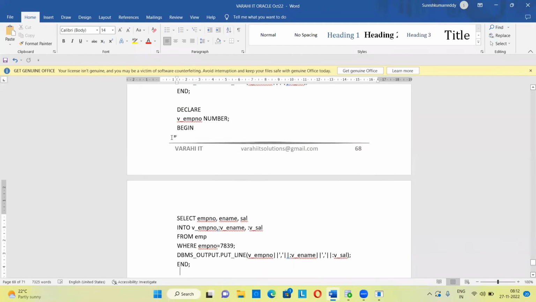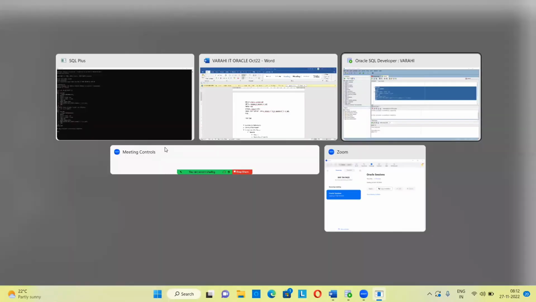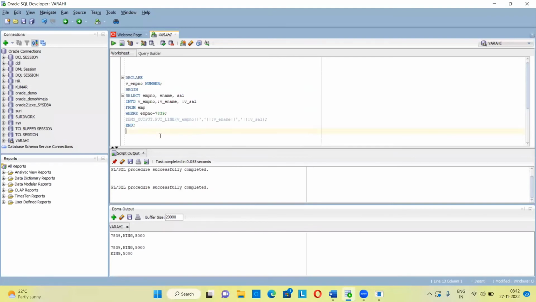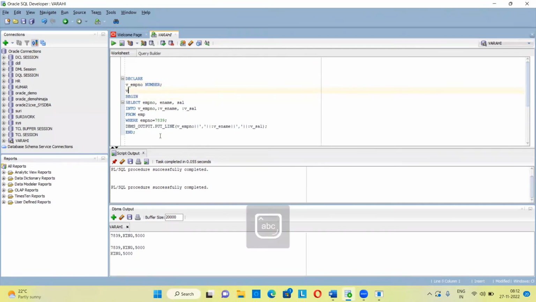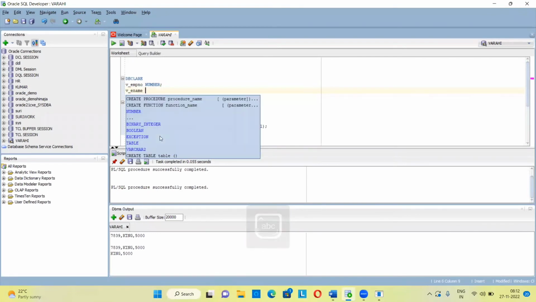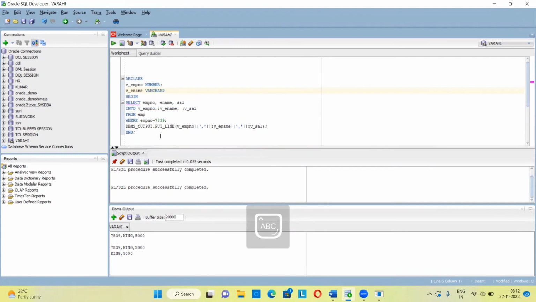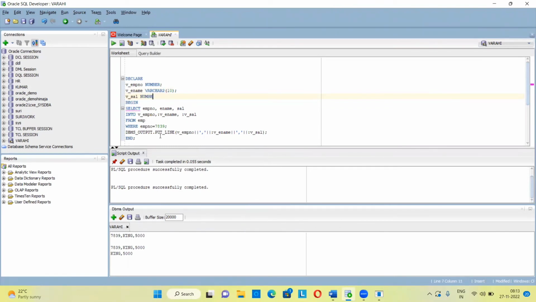Okay, so now same program. Let's declare all the other variables also, just to avoid the confusion, I'm writing the variable names also. We name varchar2 size of 10. If you want, you can keep those bind variables also, no problem, but just to avoid the confusion, I'm removing them and I'm going to write a